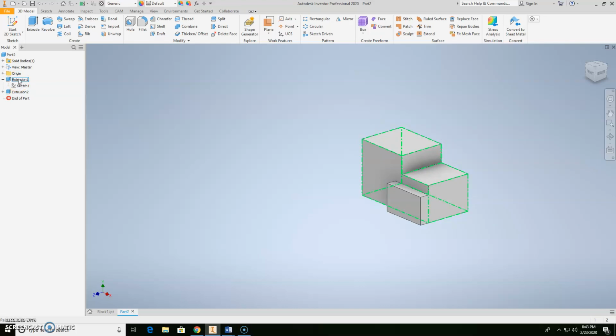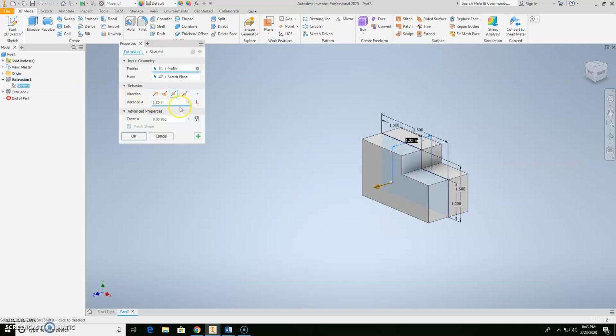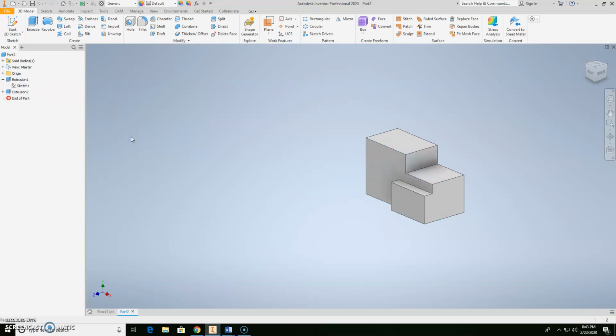So I'm going to double click on the extrusion, and I'm going to change that from 1 1/4 down to 1. This is where the real power of Inventor comes in, on how easy things are to edit and how easy things are to change. Okay, so again, I think that looks pretty good, but I really do think that this